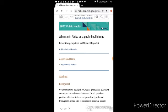Anyways, the abstract says, I guess it's pronounced oculocutaneous albinism, OCA, is a genetically inherited autosomal recessive condition, and OCA2, tyrosinase positive albinism, is the most prevalent type found throughout Africa due to the lack of melanin. Okay, so you have that, which is basically something that is prevalent on the African continent. So I'm thinking that more than likely the people who migrated from Africa to Europe had this particular gene, and that's the reason why their skin was pale, because they originally said that the Cheddar Man